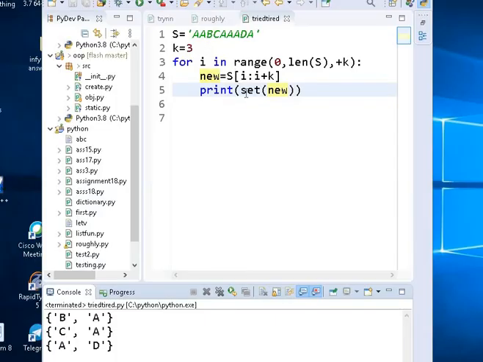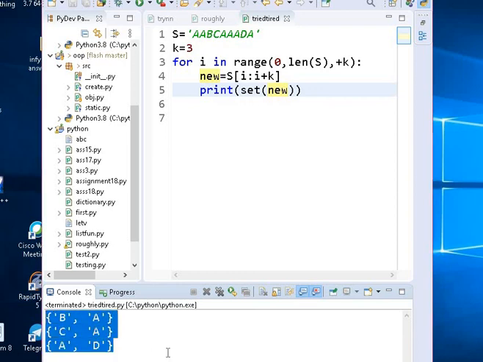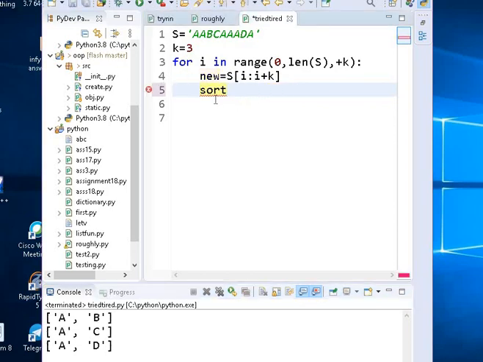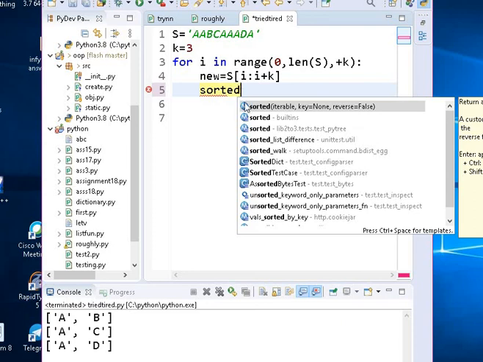There is an amazing function to get these in an order. What is that? It is the sorted function. As the name itself suggests, sorted of iterable. You can see here how this sorted function is used.